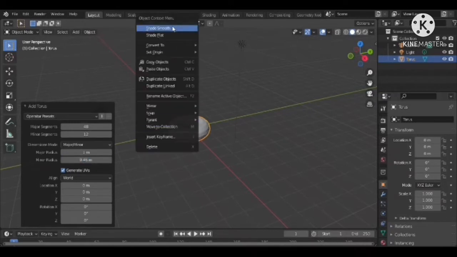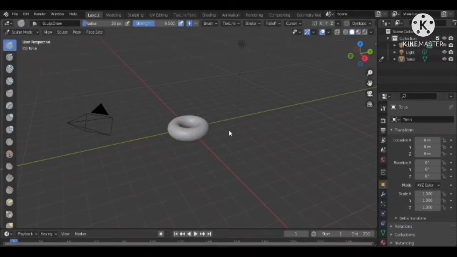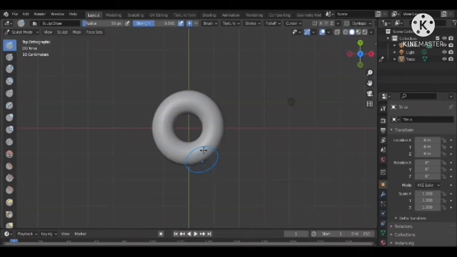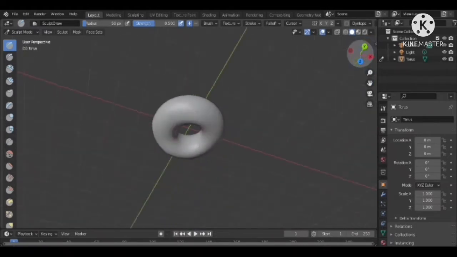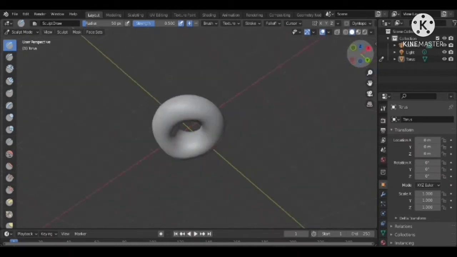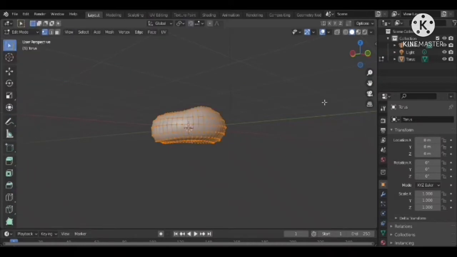Then shade smooth and go to the sculpt mode. Now sculpt it a bit so it would not look like a mesh and will look like a donut, because donuts are not perfect. It is like mountains, things. Then select the upper part